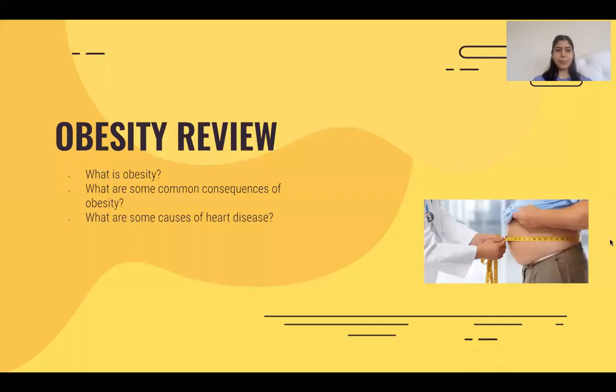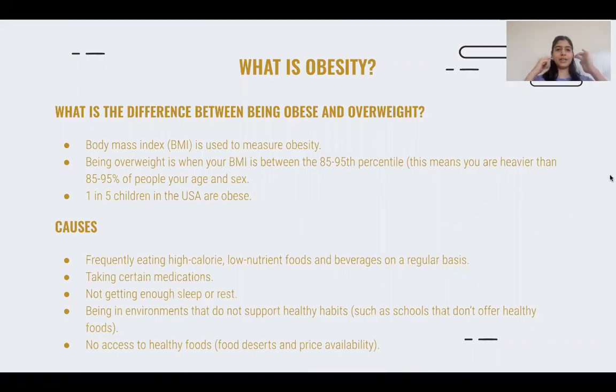So now we're going to move on to obesity. So what is obesity? What are some common consequences of obesity? And what are some causes of, oh, that's supposed to say obesity. So what is obesity? One of the best ways to describe what obesity actually is, is highlighting the difference between obesity and just being overweight. So a key term for this unit of study is body mass index. And body mass index is basically used to measure